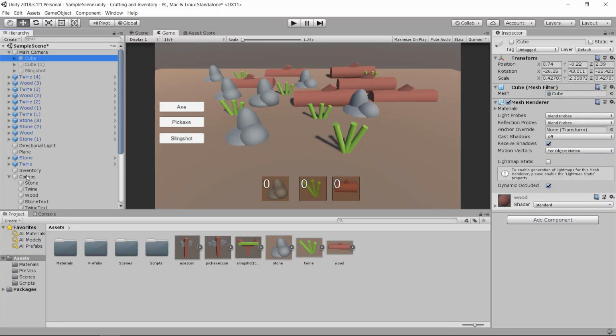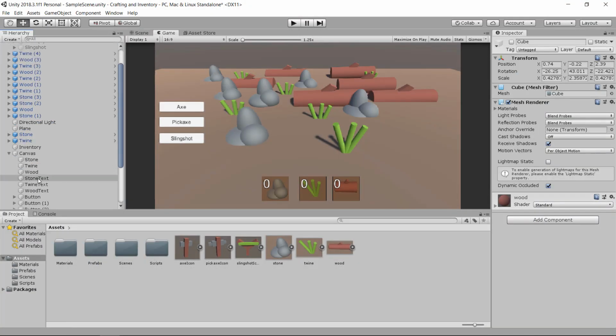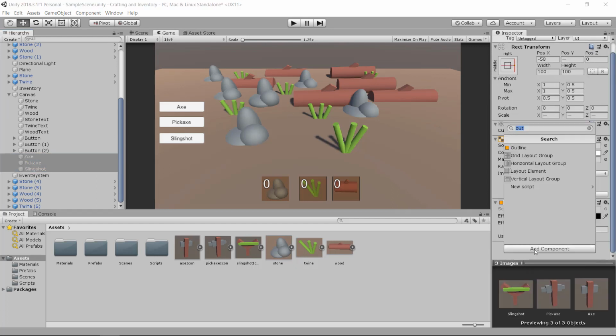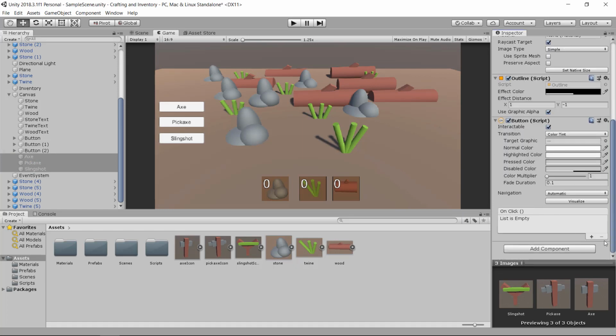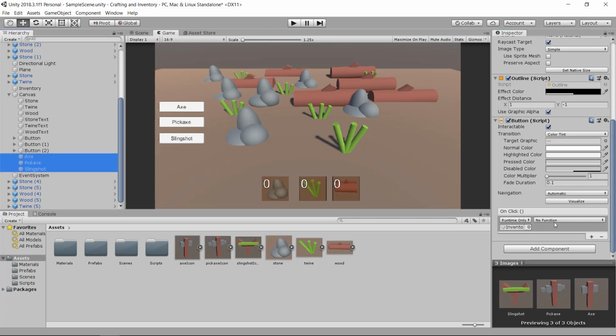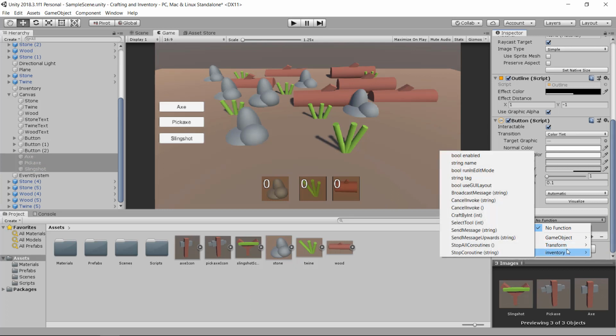And so what I want to do is go and find my axe, pickaxe, and slingshot icons, and I'm going to give these a button component. That way they can all be clickable buttons. And then I'm going to hit the plus in the on-click section and drag in the inventory game object, just like we did before. And for all 3 of these, the function that I want to call is